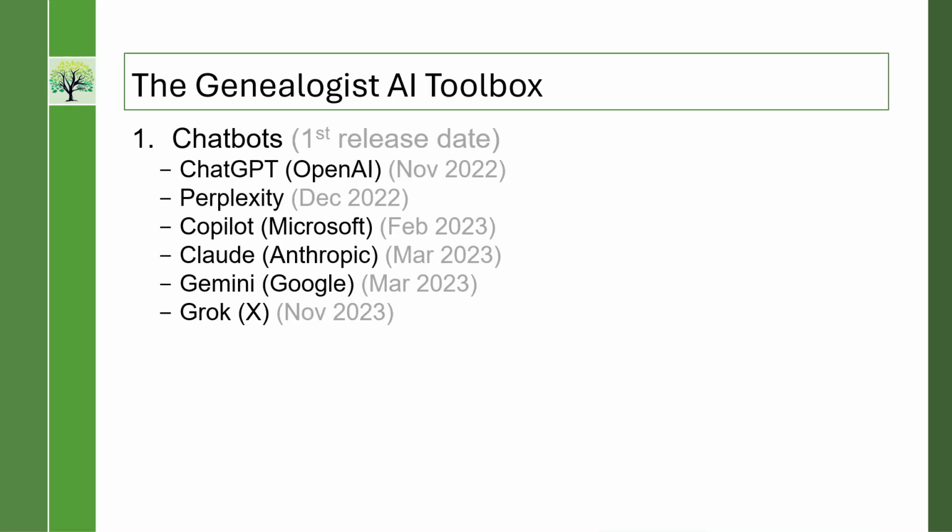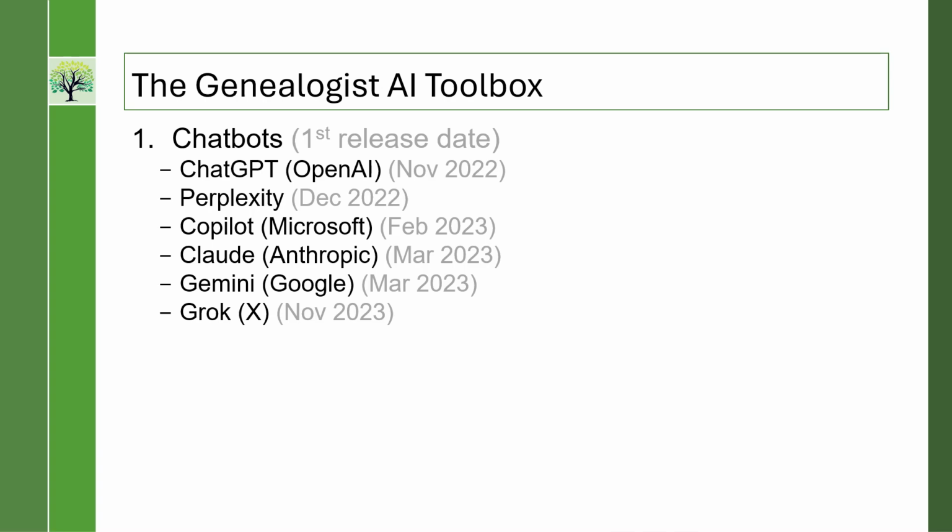So let's talk about the ones you can use for our everyday family history and genealogy work. There are several chatbots. Chatbots is what we refer to these websites as. Oh, and for those of you who want to get these pictures and slides, that's perfectly okay. I have posted the slides and this handout on my website, so you are welcome to access the slides there and get the ones you want, so that you don't have to worry about getting good quality pictures. My website is on that handout, and you're free to go there. It's in the Learning Center of that handout. There's a section called Presentations, and there you'll see this presentation posted already.